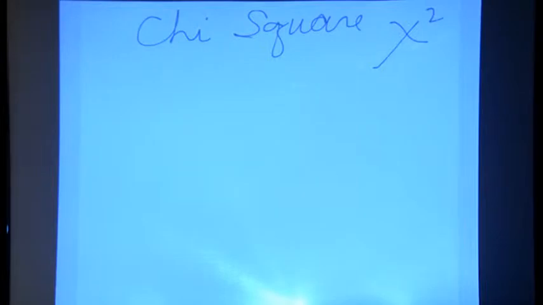Now, the chi-square symbol is given like this. This is the symbol for chi-square. If you look at the screen, you can see chi-square. There are two kinds of chi-square that we are going to consider today. One is goodness of fit with one variable with different categories, and then we will see test of independence. The second part is test of independence, and that will be two variables or more than two variables. So, we will consider first the goodness of fit with one variable.